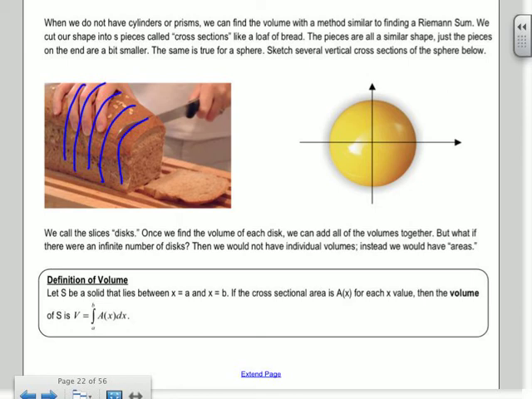Okay, so it says the same is true for a sphere. Let's sketch several vertical cross sections of the sphere below. So if I chop my sphere in half, what's the shape of the cross section? Do you guys know what I mean by cross section? It's a circle. It's a circle, right. So if you cut it in half,